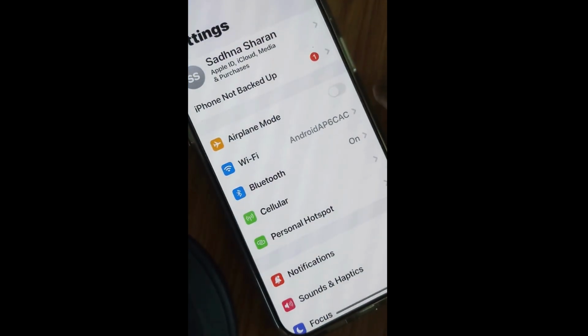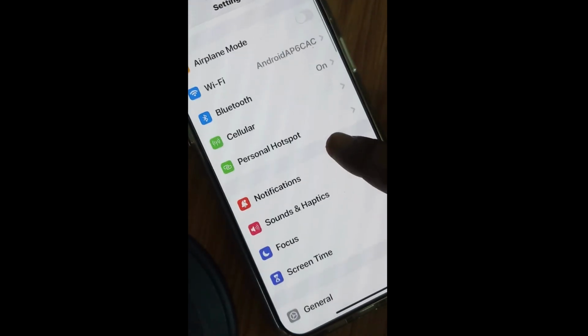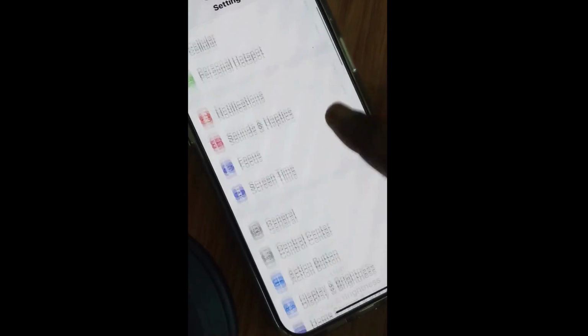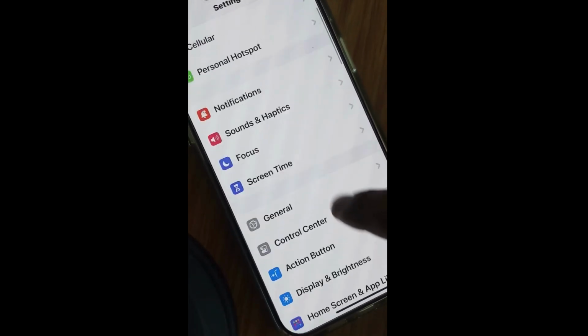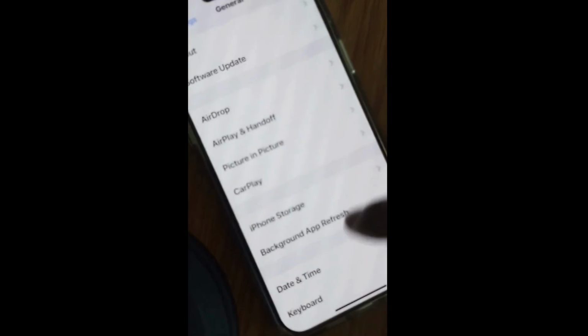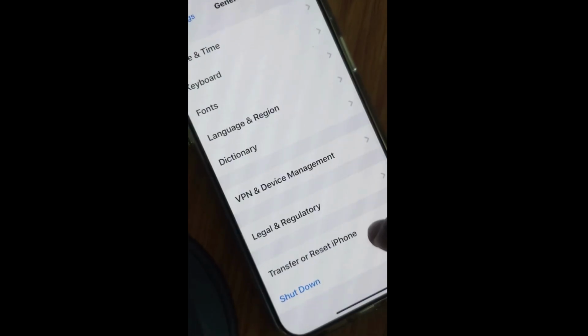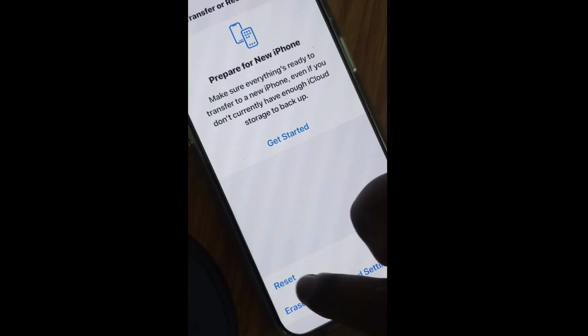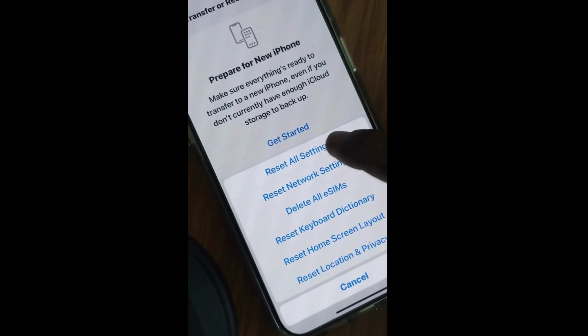And if this method is not working, reset your iPhone settings. Go to Settings, tap on General, scroll down and tap on Transfer or Reset iPhone. Choose Reset and tap on Reset Network Settings. After that, reboot your system and your audio